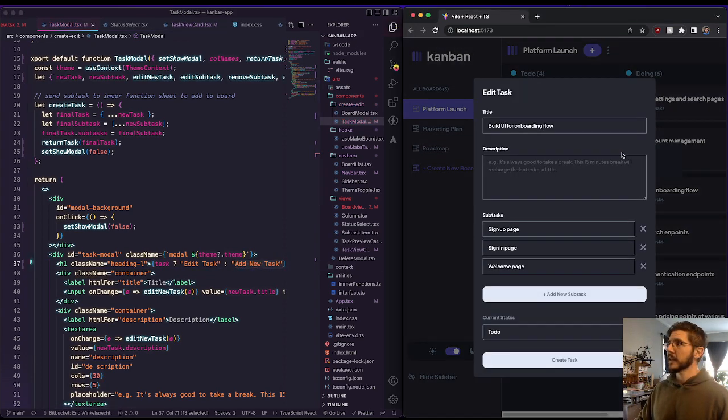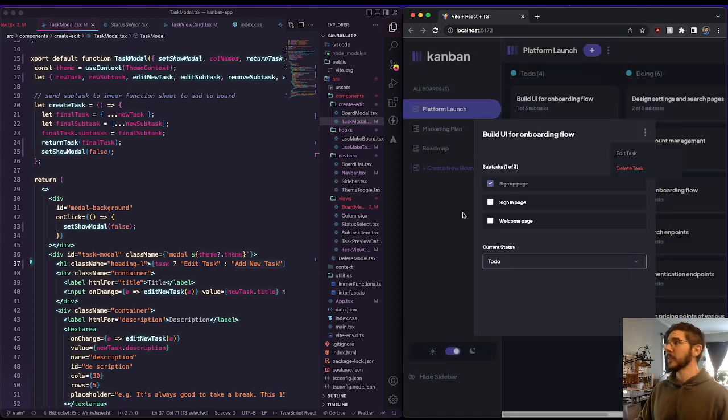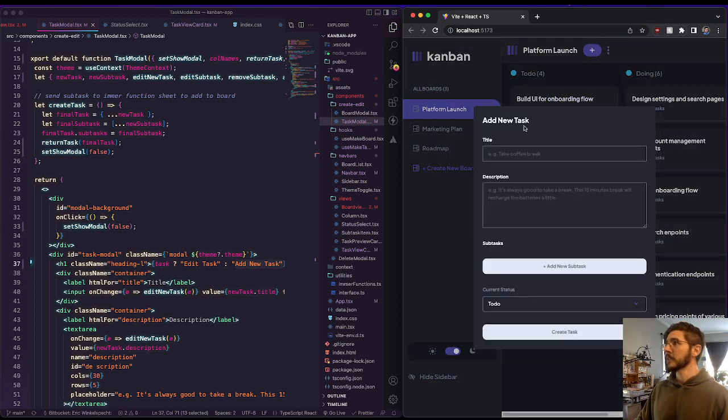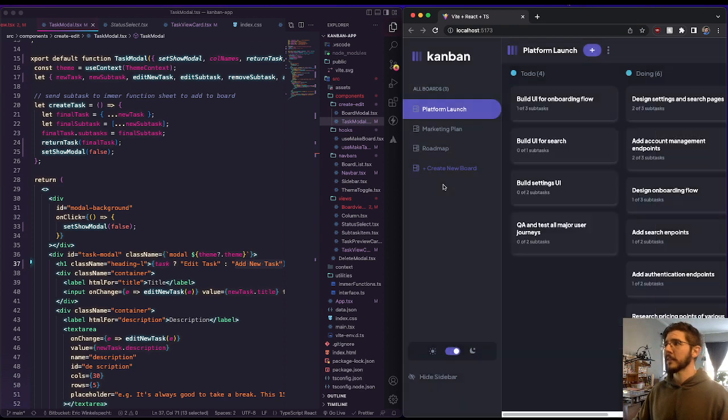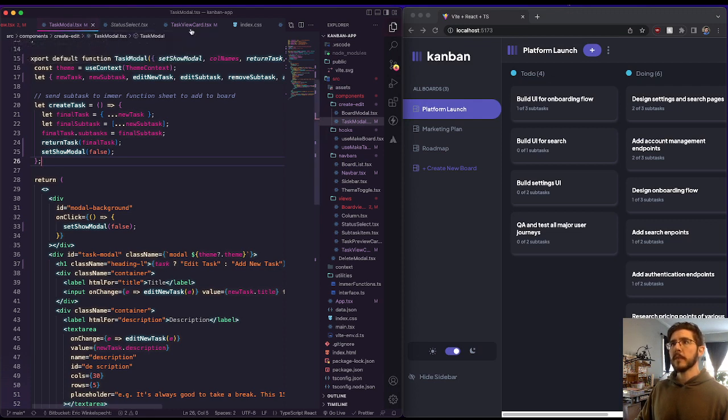So let's click edit task. This says edit task now. We click that plus button. We have add new task. That's fine, cool. We don't need to do anything else with that. So now we want to actually do something in